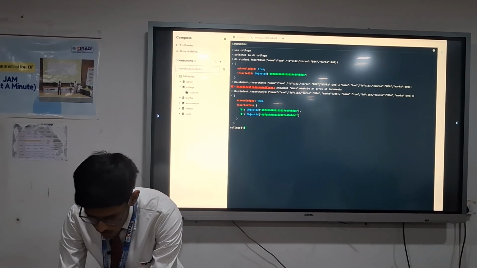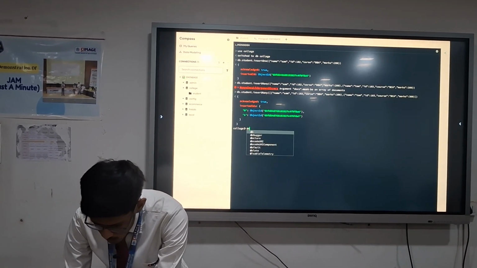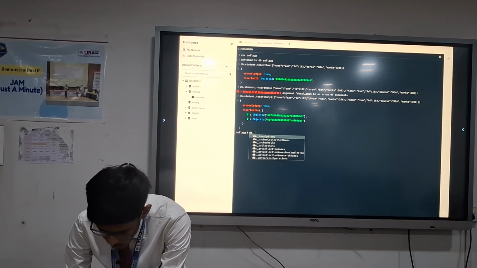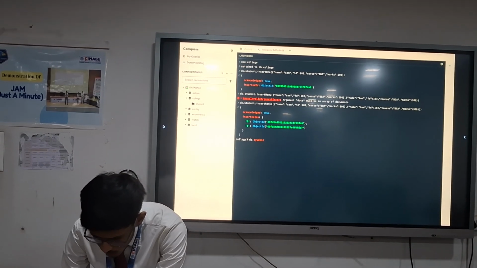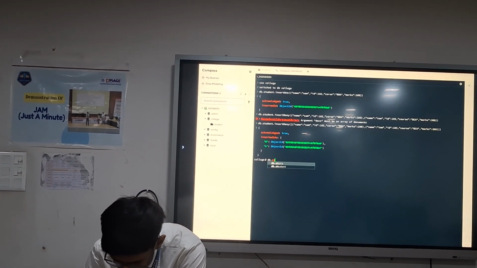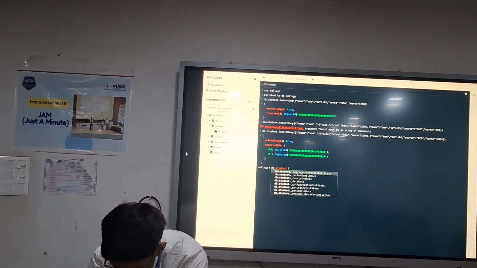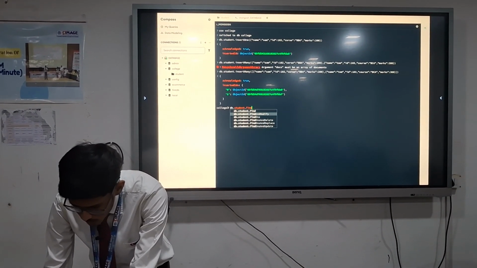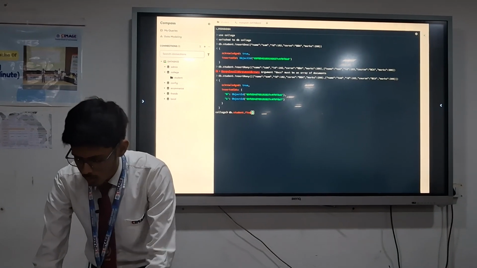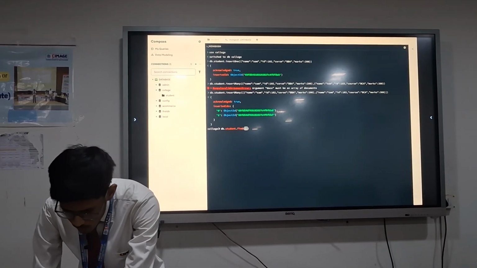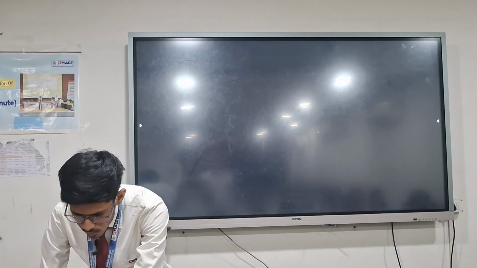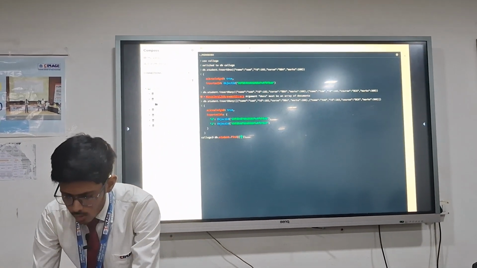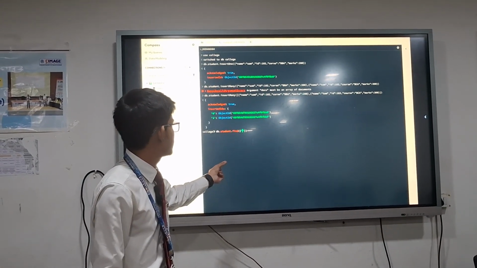To use this function, you use db dot the collection name dot find. We add here what we want to find.